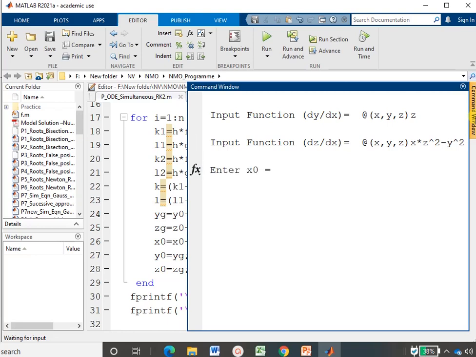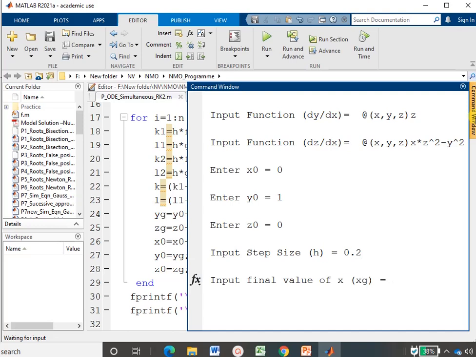The initial value of x0 is 0, y0 is 1 and z0 is 0. The step size we are considering as 0.2, and then the final value of x is again 0.2. So at this value we have to find the values of yg and zg.